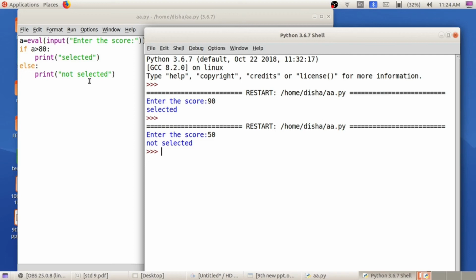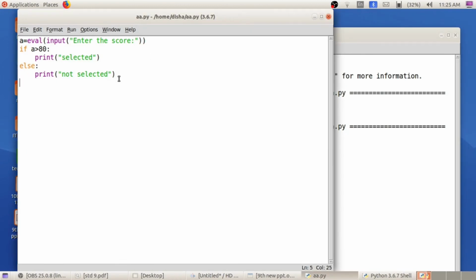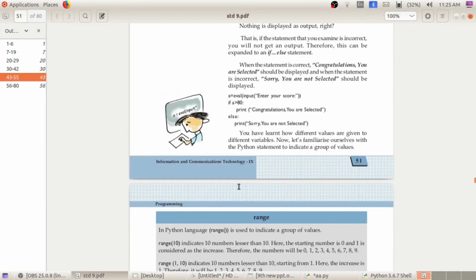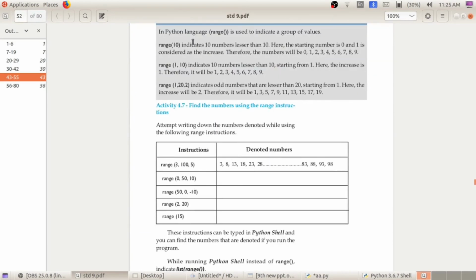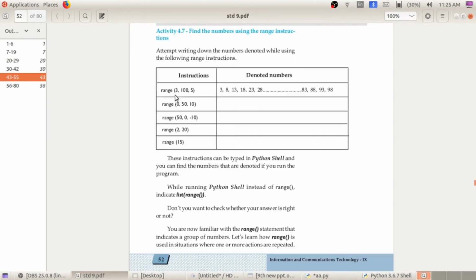So this is the next program using if function. Then the last program is for and while. For and while function by using range option. Here you can see the range option. Study the range function by heart. I have already described what is the use of these three different range functions, so you have to study this corresponding box.